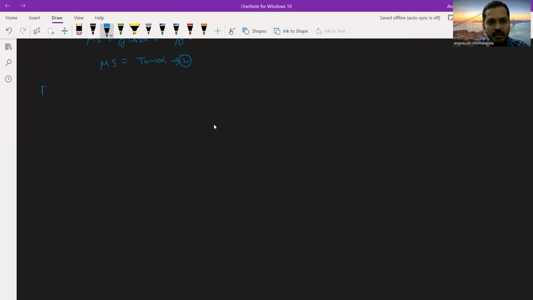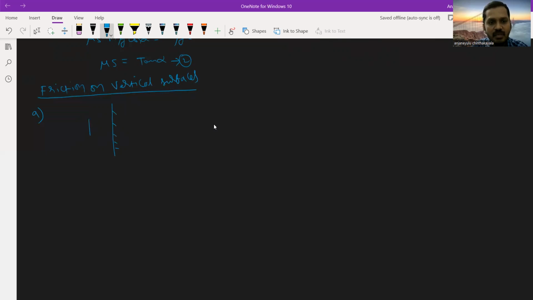Friction on vertical surfaces. So here we have three cases. The first case I'm discussing here: this is a vertical surface,